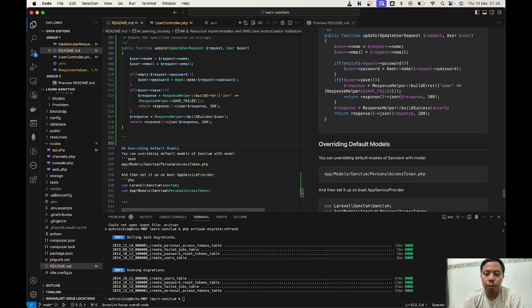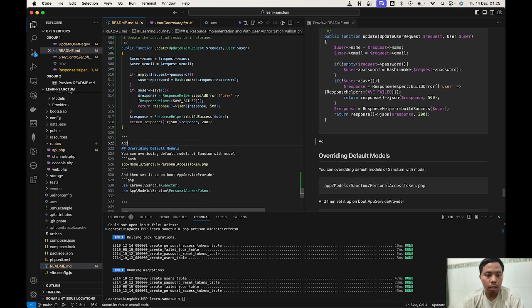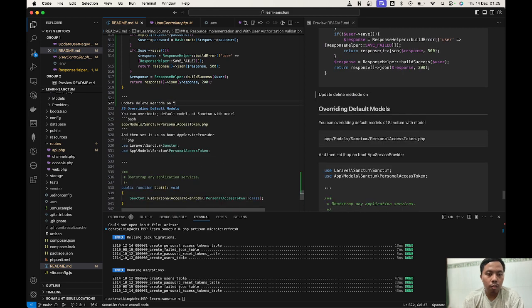Okay, move on to the next method. Update the delete method on the user controller.